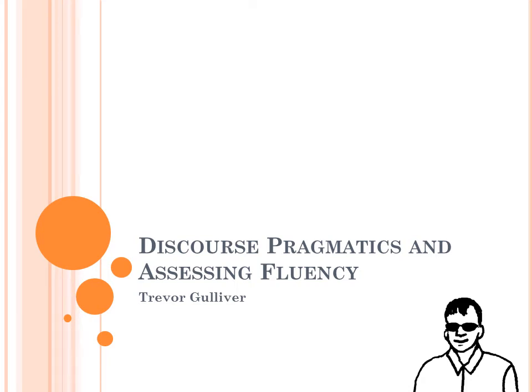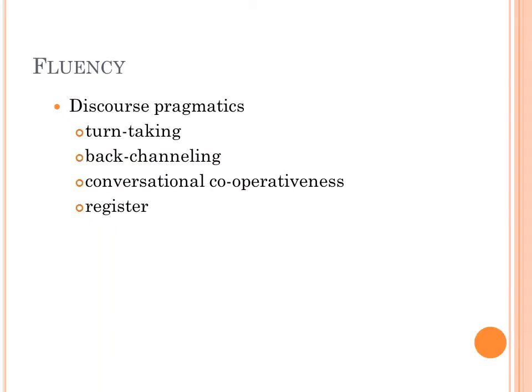In a previous mini-lecture, I discussed assessing fluency and tried to differentiate assessing fluency from assessing complexity or assessing accuracy. In this mini-lecture, I'm going to talk about other aspects of oral communication that could be assessed at the same time that we assess fluency. There are some other things that we might not strictly call oral fluency, but which might be most easily assessed alongside of it. Most of these things would fall under an area of linguistics called Discourse Pragmatics.